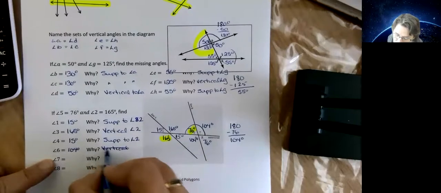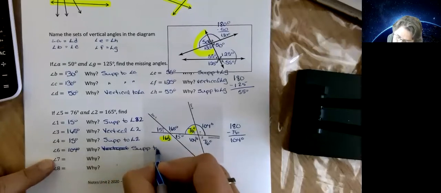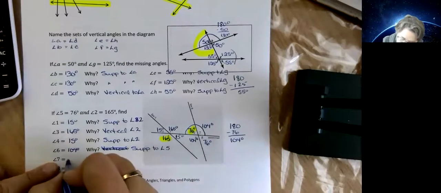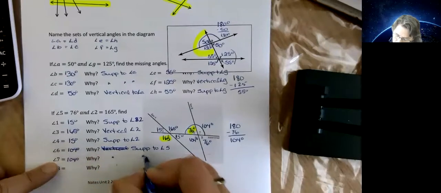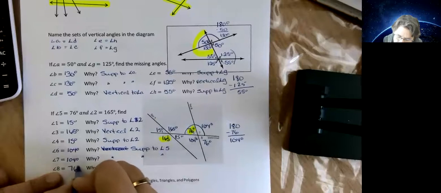Because I am distracted. Vertical, nope. Supplemental to angle 5. Angle 7 is 104. And angle 8 is equal to 76 degrees